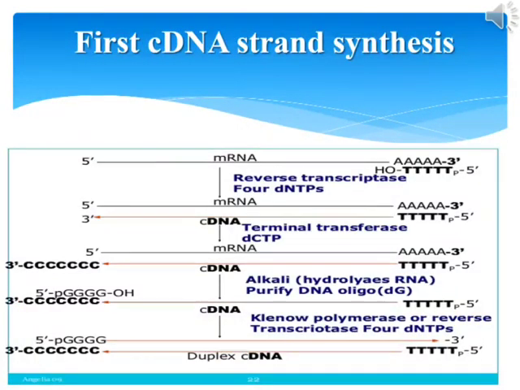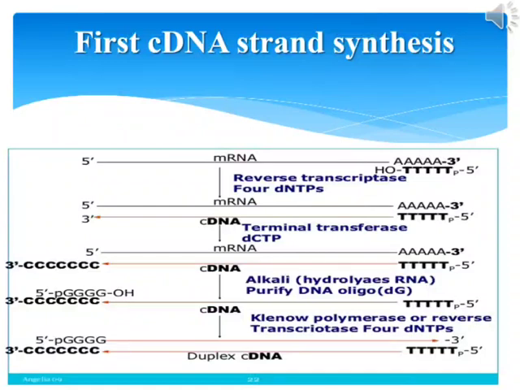Now, let's see how synthesis of the first cDNA strand is done. Once mRNA is purified, oligo-dT is added as a complementary primer which binds to the poly-A tail, providing a free 3' OH end that can be extended by reverse transcriptase along with all the 4 deoxynucleotide triphosphates to create the complementary DNA strand.